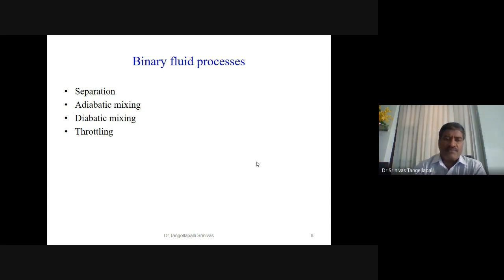If it is a 1-2 process, P1, T1, X1 is supplied. At the exit, we have to simulate the condition. Obviously T2 is less than T1 because of the throttling process. Temperature is decreasing. Concentration is the same